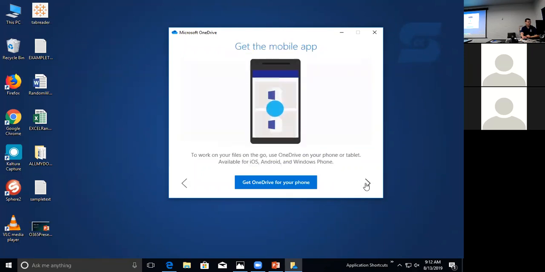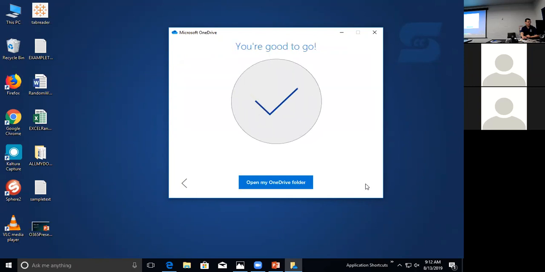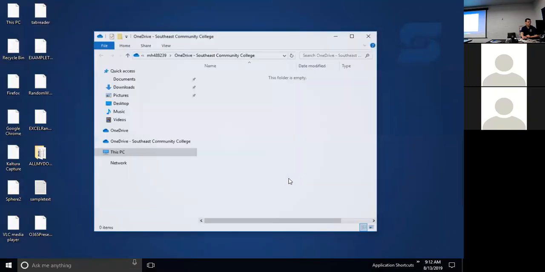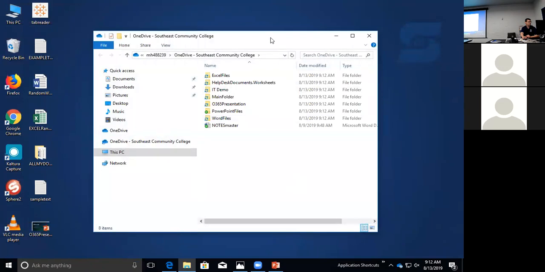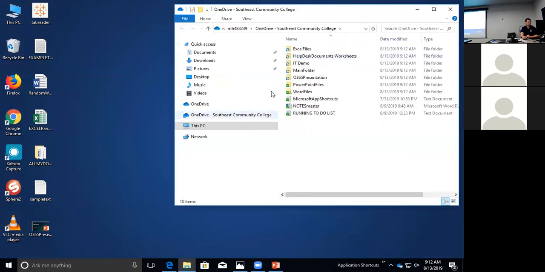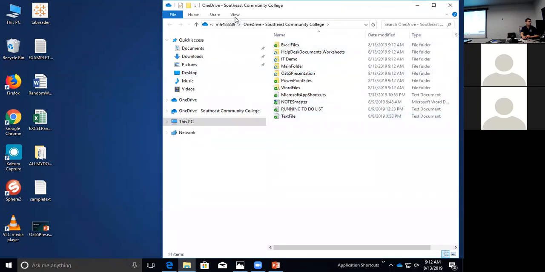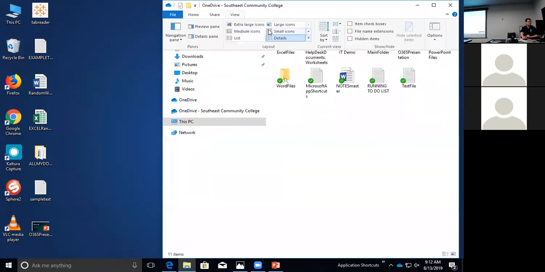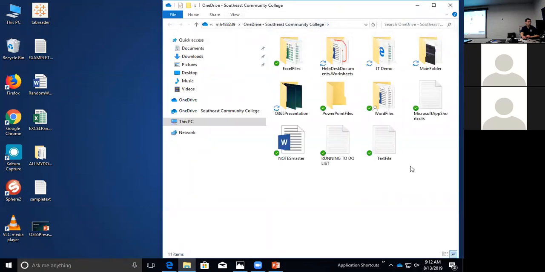Share files and folders. The mobile app, we're not going to do that right now. Open my OneDrive folder. I'm in my local OneDrive right now. Let me expand it a little bit. Change the view to icon. So what I've just done is taken everything that was on the server at Microsoft and synced it to